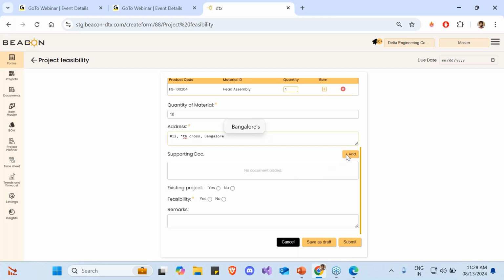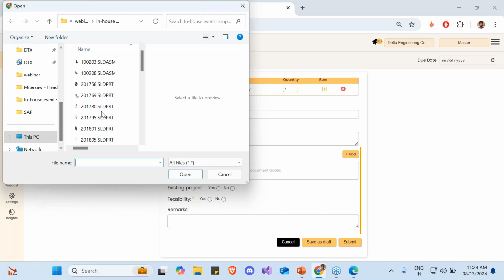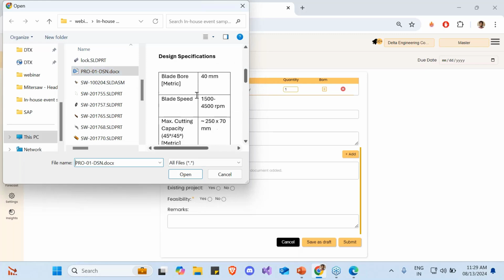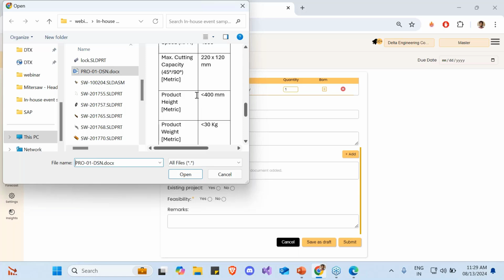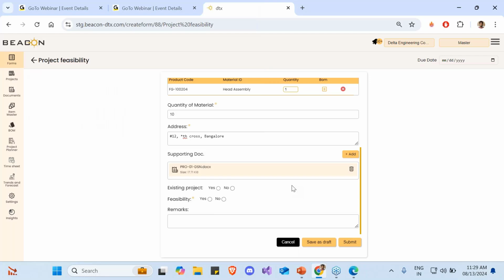Now, let's say there are any other supporting documents that have to be attached. Let me just go here. I have one document for internal project requirement where I'm capturing what this whole project is about. In this case, I'm taking the project example, but in your case it could be something else, like whatever you're procuring or whatever you're trying to buy or sell when you're working with a vendor. So I'll attach this document so that they can read the information and understand what the requirement is all about.